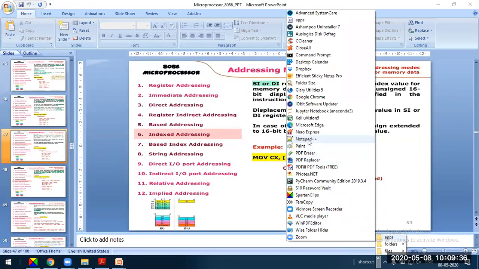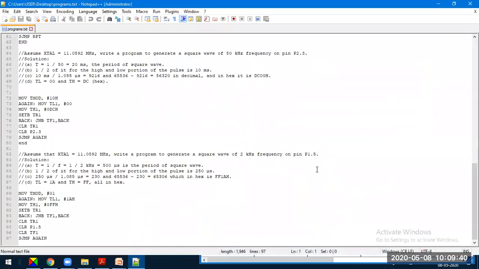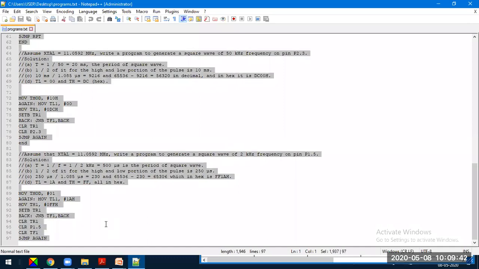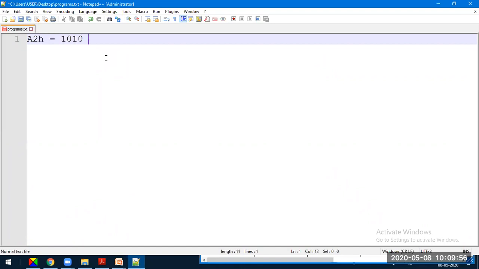So let us quickly understand what sign extension is. So what is A2H, guys? A means 10, that is 1010, and 2 is 0010. This is the binary representation, and it has to be sign extended.